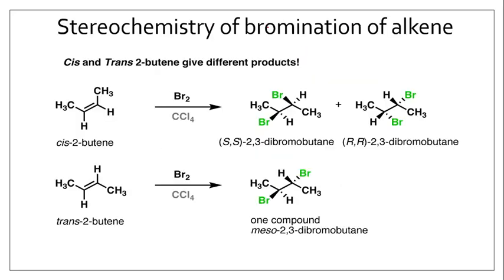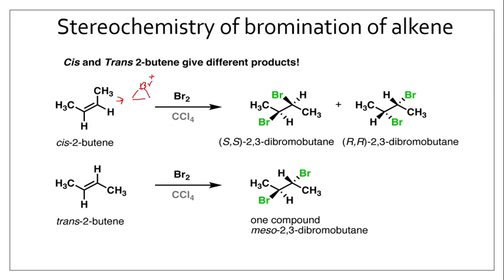Let us study an example of the stereochemistry of bromination of alkenes. When bromine is added to cis-2-butene, we get a product in which the bromine atoms are added from opposite sides. This is directly written stereochemistry, but I will write properly how this is added. In the first step it forms a cyclic bromonium ion, and this will be like this. So this is Br positive.